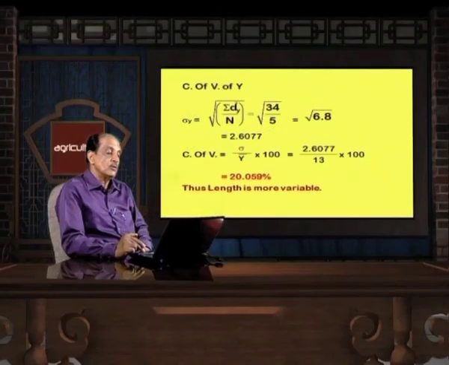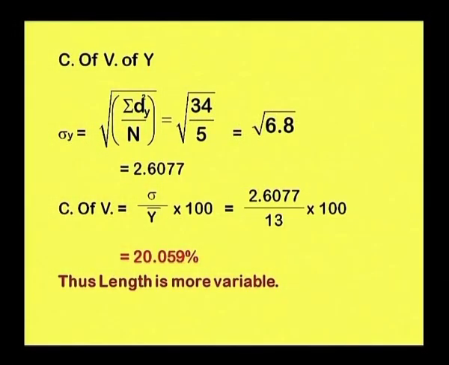In the same manner, we have to calculate the coefficient of variation of y. First of all, we have to see the formula used in this connection. Standard deviation of y is equal to under root of summation d square y divided by n, which is 34 divided by 5. Then we get 6.8, but we have to take the root of 6.8, that comes to